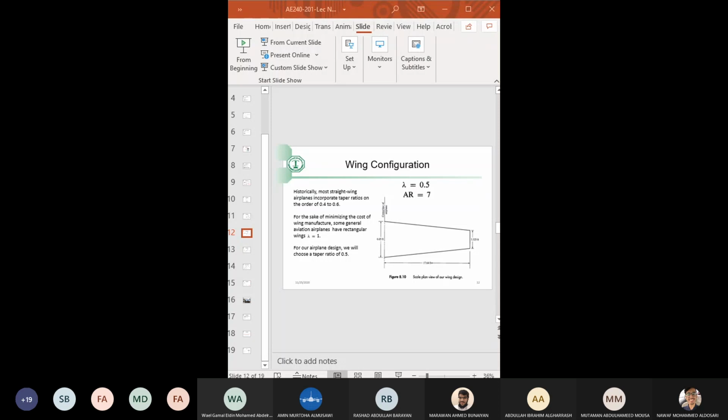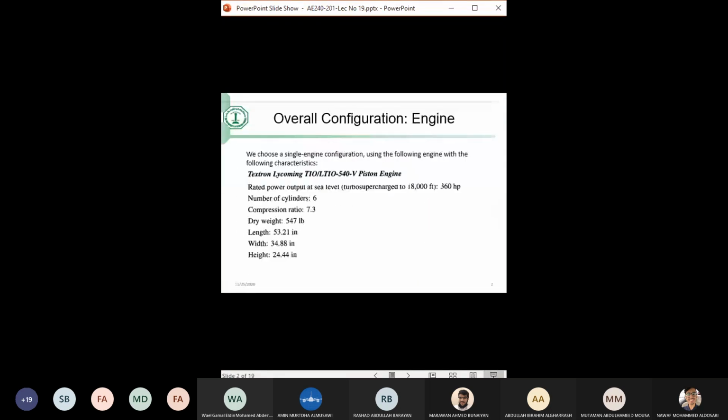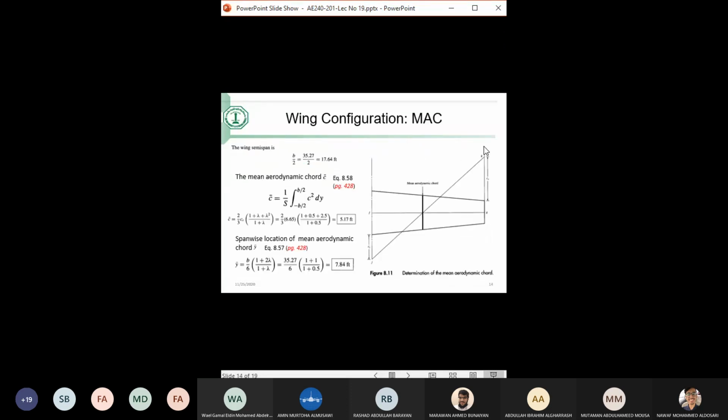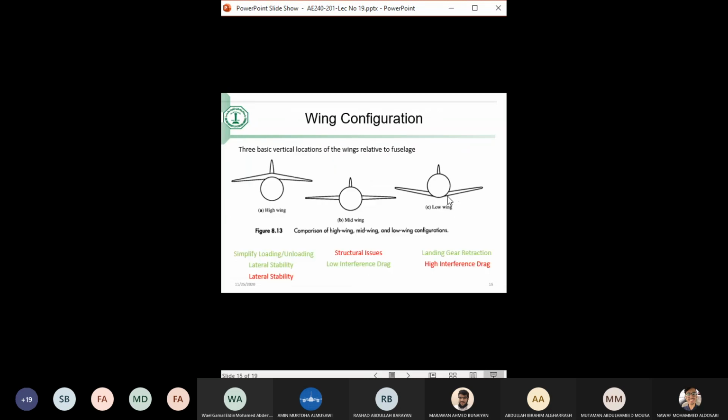So if you have no questions, then we're gonna finish a small part in the wing design that we had last time, and we're gonna move on to the remaining of the configuration layout. Last time we designed the wing in a sense that we started with the wing area, we selected proper values for the sweep and for the taper ratio, aspect ratio calculated until we found the dimensions of the wing so that we were able to draw the wing. We have all the dimensions, we calculated the mean aerodynamic chord, and the only remaining part was where to place